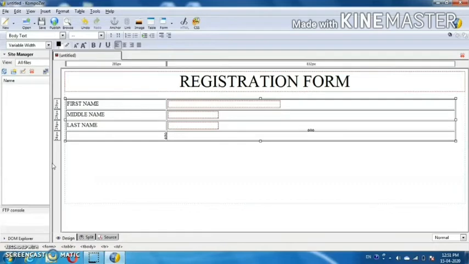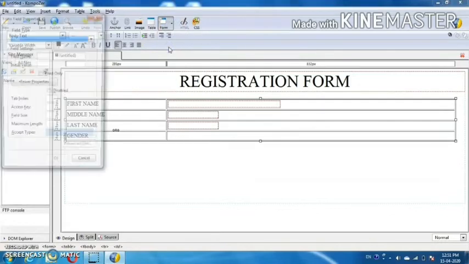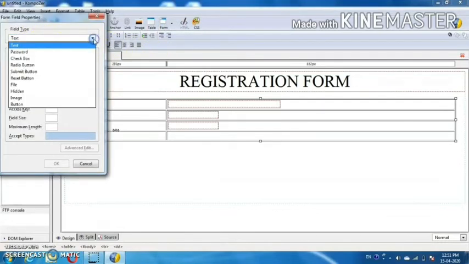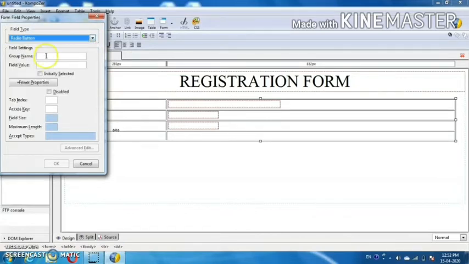Now I'm going to enter gender and click on tab. For inserting radio button, for gender we are going to use radio button. Again same process, form field, and instead of text we are going to select radio button.